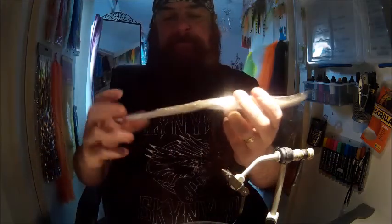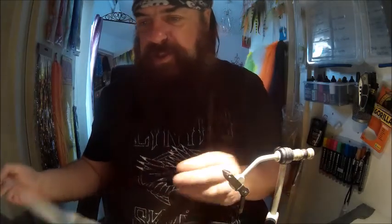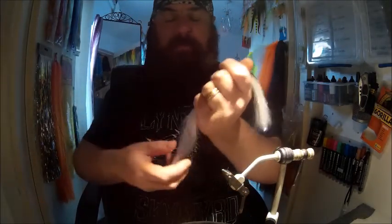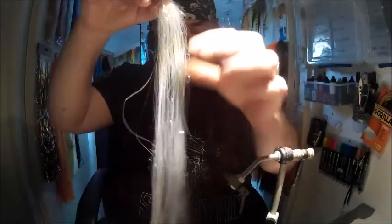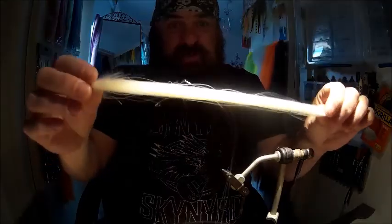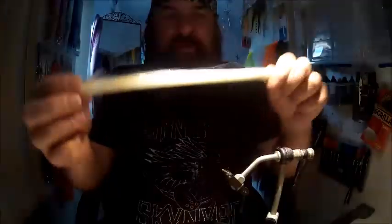Hi folks, I'm going to tie up a small simple baitfish pattern with Spectrum fibre from Pike Trek. This stuff is really nice. I don't know if you can see the flash on camera, but there's lots and lots of little flashes in there. So when that gets wet, it looks like a little baitfish in the water, gives off lots of little flashes. Very mobile,